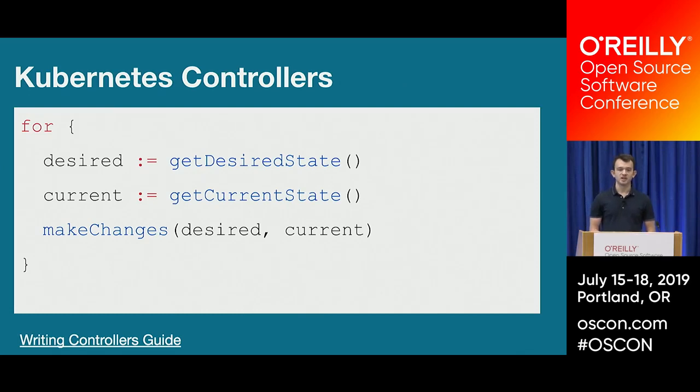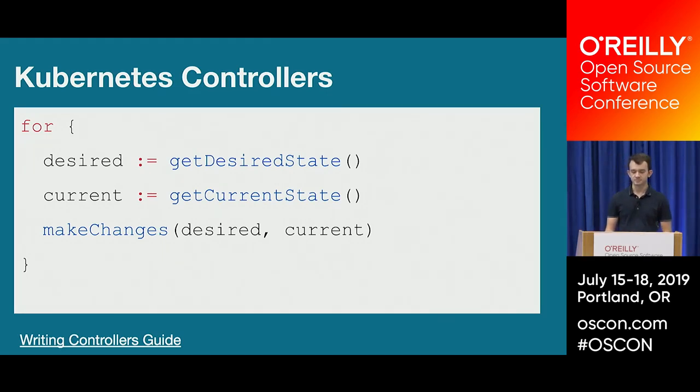Most of the work in Kubernetes is driven by what are called controllers that implement this observe-react model. This is taken from literally the Kubernetes guide to writing controllers, which is an amazing resource. Pretty much controllers are constantly running in these loops. They're checking what is the desired state of the world, what is the current state of the world, and what changes they have to make to converge on that desired state. And this is a huge part of how Kubernetes managed to be self-healing, because it's just constantly converging